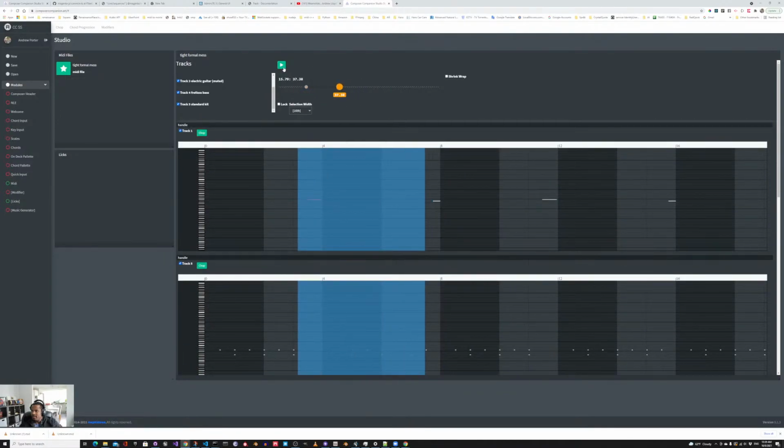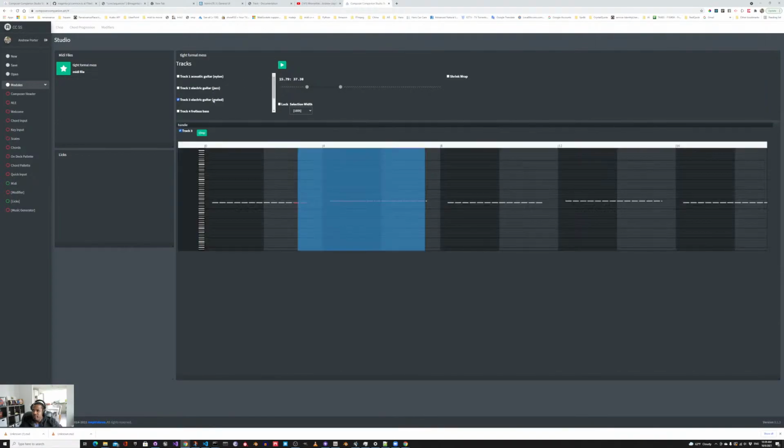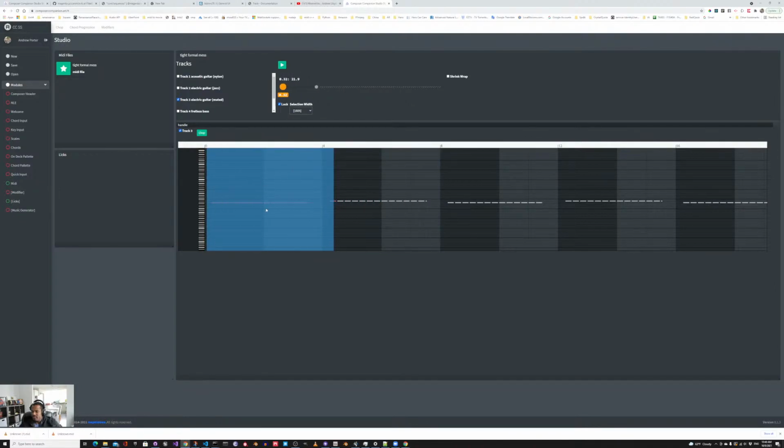Interesting thing is we can also play all the tracks, but you can just unselect the ones that you're not interested in hearing and just play those. So if we just want to hear track 3, the electric guitar, we just do that. So that's kind of a neat trick. This thing doesn't do anything right now, and we can still drag here. And then also I made it so